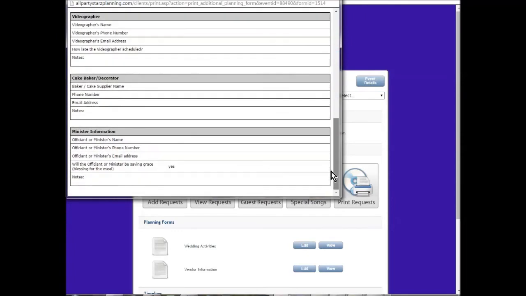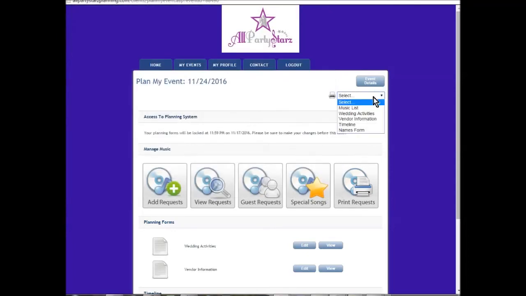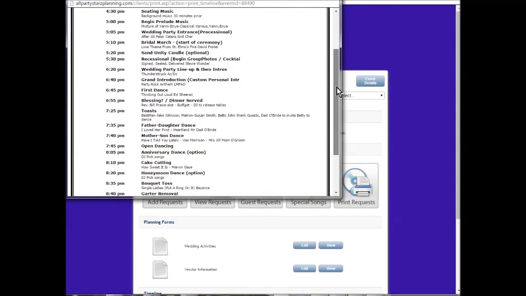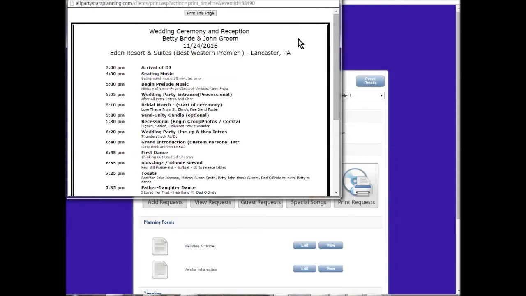Vendor information, if you fill it out, it's all there. I didn't fill any of that out right now. Your timeline. What I did was I took all of those songs and pulled them into the timeline. So when you get to the timeline, this timeline is going to get sent to all the vendors you list in the vendor worksheets